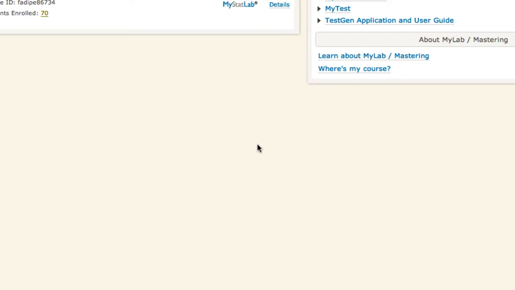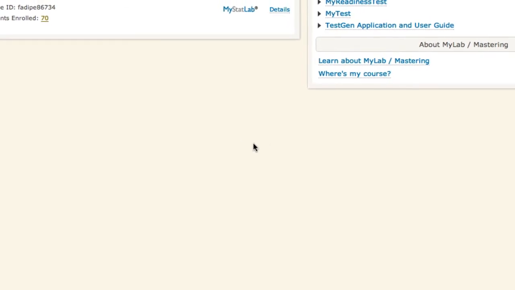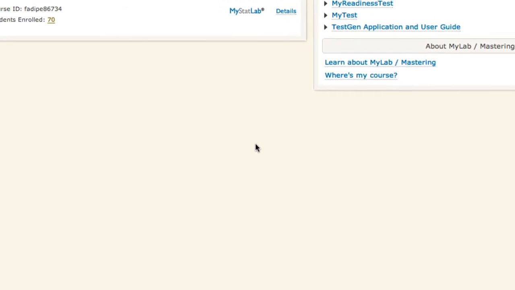Though I wrote this lesson plan with Minitab in mind, unfortunately there was no Minitab installed in the Macintosh OS. So I have to make do with StatCrunch. StatCrunch is a statistical software on my StatLab online homework, so all students can access it. So we're going to use StatCrunch to